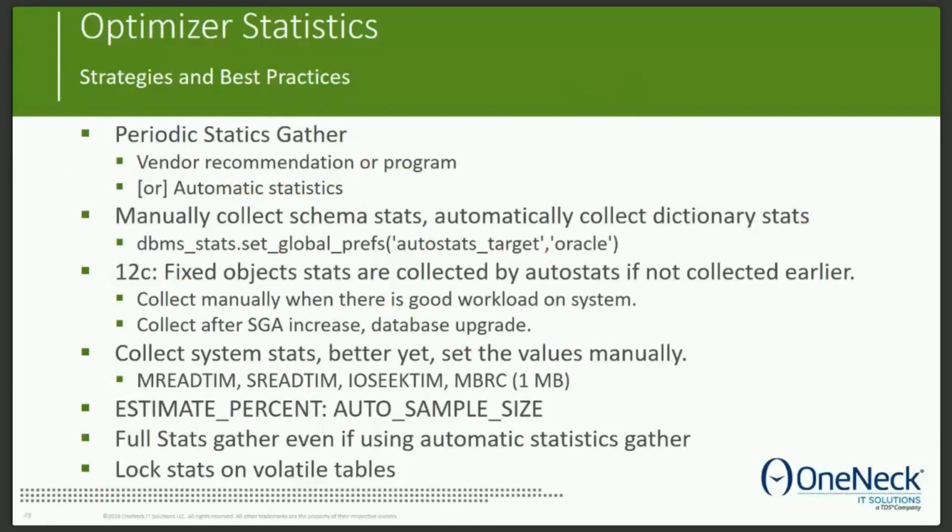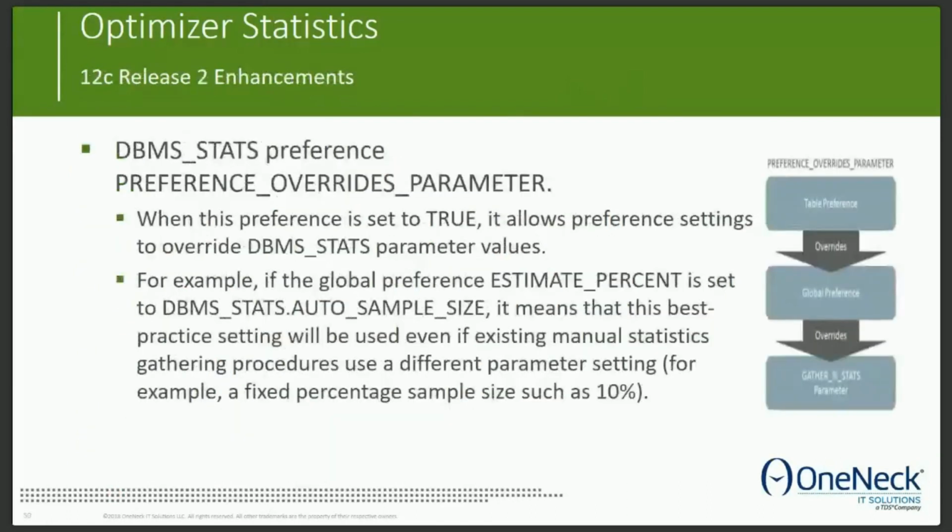And sometimes you have to manually collect the stats as well. If you are using 12C release 2, in DBMS stats there is a good feature, the preference override parameter. I like this. I want to show this here because sometimes our developers would have coded statistics collection after a load or something, and they might have hard coded 10% or 15% in the stats collection program